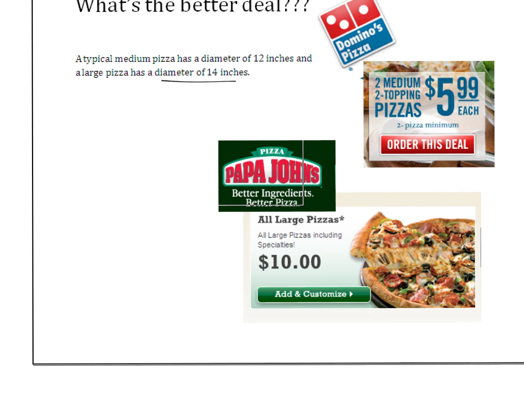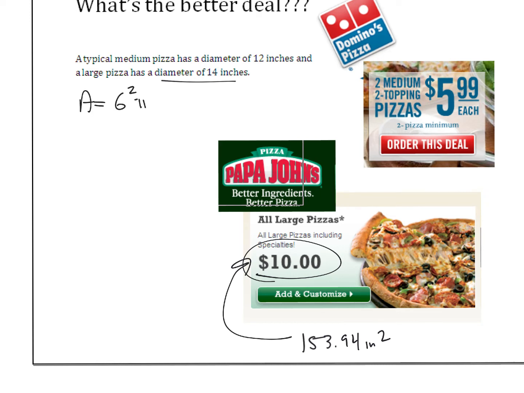If we go back, we can realize the area of my 14-inch is 153.94 inches squared. That's every large pizza. It's a 14-inch. So now, what's the better deal? This is for $10. The medium pizza is $5.99. Which one's the better deal? The area of the medium pizza is going to be 6 squared times pi. A diameter of 12 means the radius is 6. So that's 36 pi,